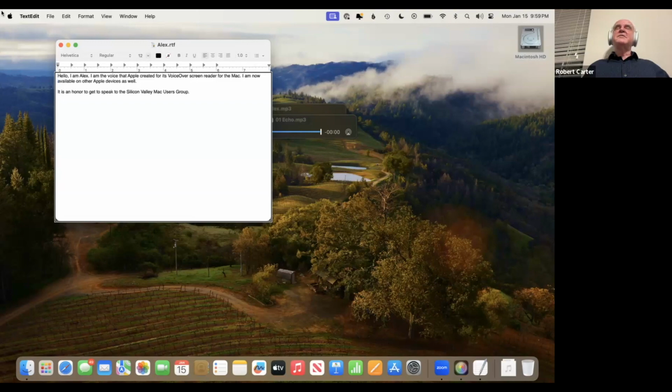I can use the regular Apple keyboarding commands, the left and right arrow with the option key to move by word. Available on other Apple. Or I can move backwards. Apple, other, on, available. If I wanted to check the spelling of available, I can use the left and right